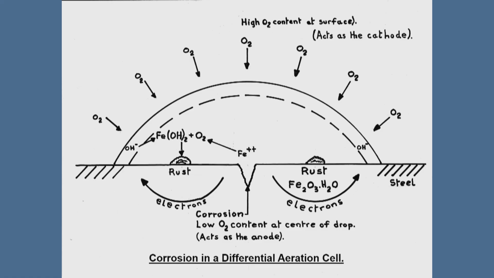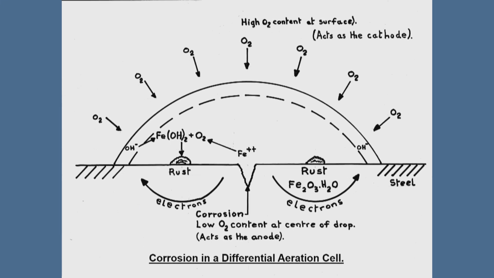So how does it happen? Well, this is my little diagram. You have a surface here, let's say it's steel, and we have a drop of water. A single raindrop is enough to start this process going. In that raindrop, you get oxygen from the air coming in and dissolving in the water. You then get this chemical reaction happening with the iron plus the hydroxyl ions and the oxygen deposited as rust. And then you get an end product here,